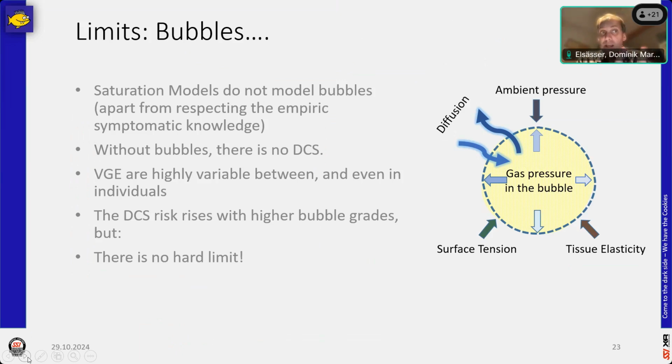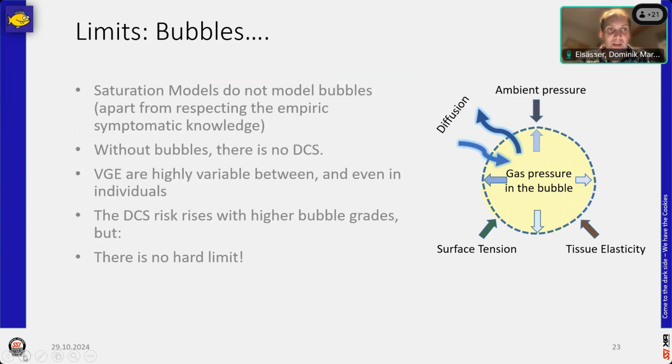So it's not only about modeling the bubble, it's also about the question of the person and the circumstances that produce the bubbles. And that maybe explains why it's so hard to really get a firm grasp on these bubbles. And it maybe also in part explains why this idea of, hey, let's also model the bubbles, has been tried, of course. As of yet, at least in this regime of diving that we do, it does not seem to be more successful than